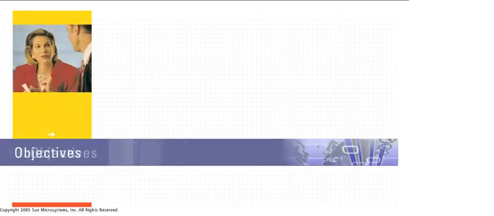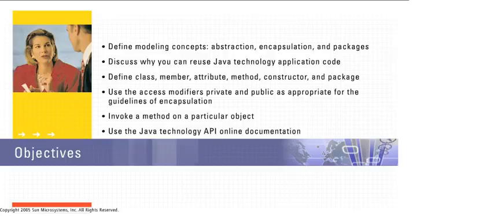In this module, we'll be discussing a wide range of topics, from abstraction to encapsulation to the use of packages to organize our classes. We'll learn the difference between a class and an object, as well as how to access member methods and attributes of the class, and learn what a constructor is. We'll learn the difference between private and public access, as well as how to use the Java Technology API online